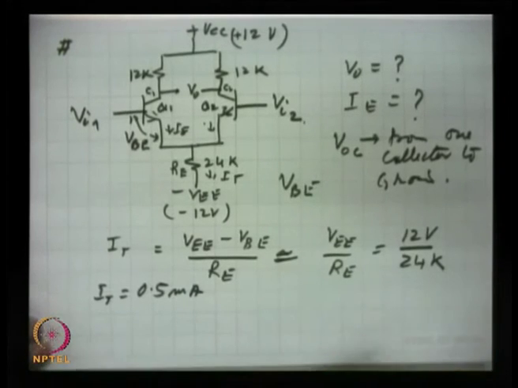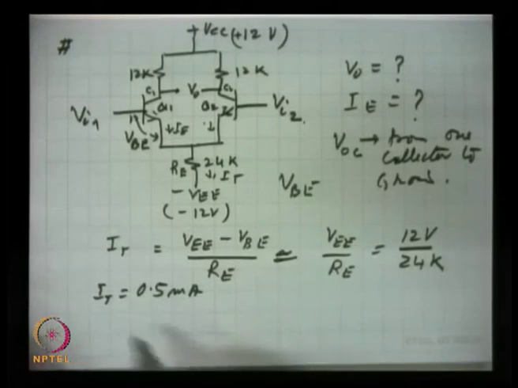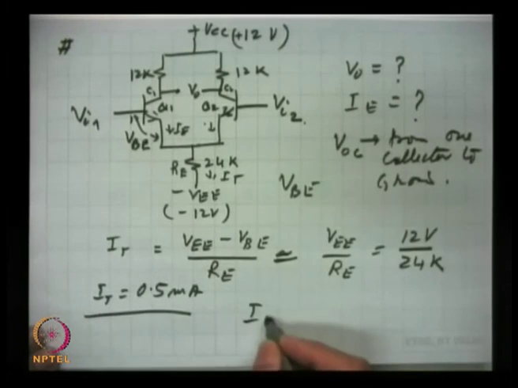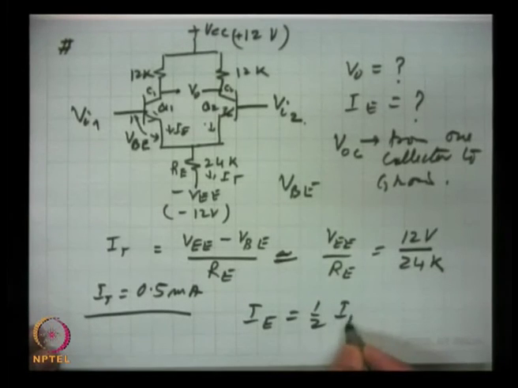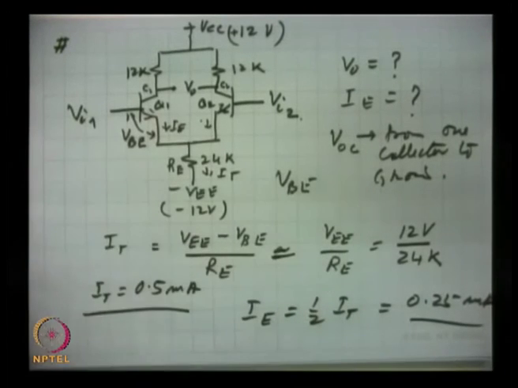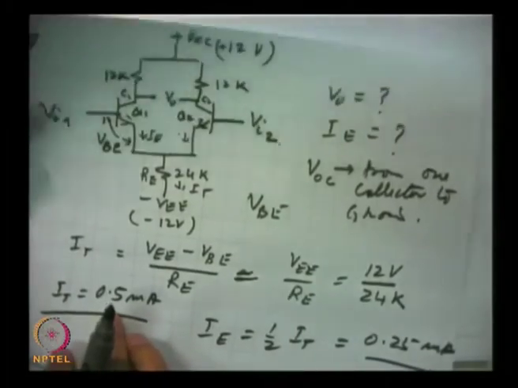If we take resistance in kilo ohms, currents will be in milliamperes, because the 10 to the power minus 3 will come up here. So, this is the tail current, and the answer IE is equal to half of IT. So, 0.25 milliampere is the current in each transistor. Now, to find out the potential difference between the two collectors, we